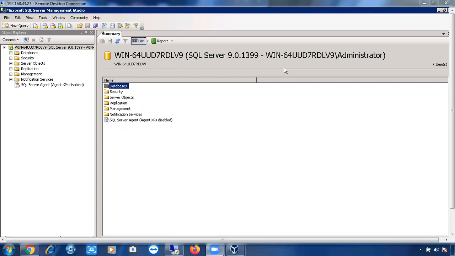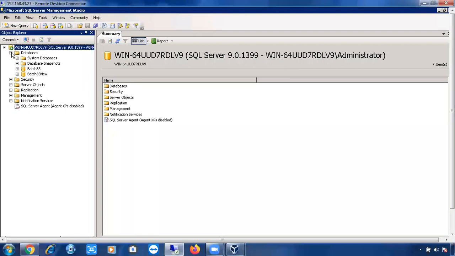So in the last class we discussed where we can see the user databases. If you create any user databases, they will be created here. When you install SQL Server, by default you will also get some system databases. How many system databases will you get? Five.